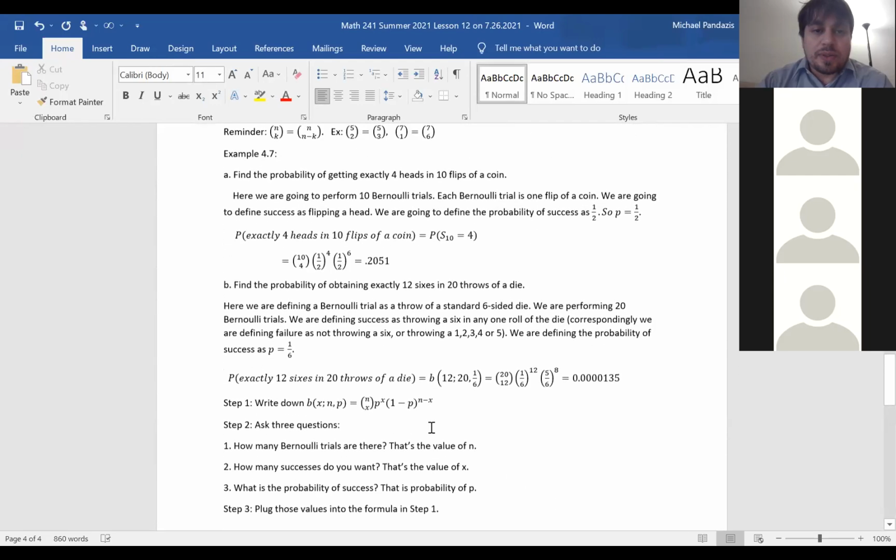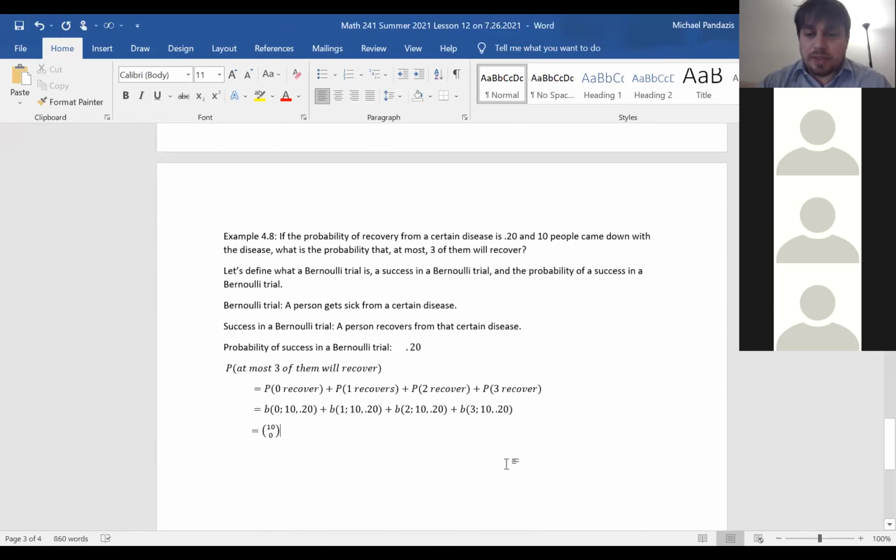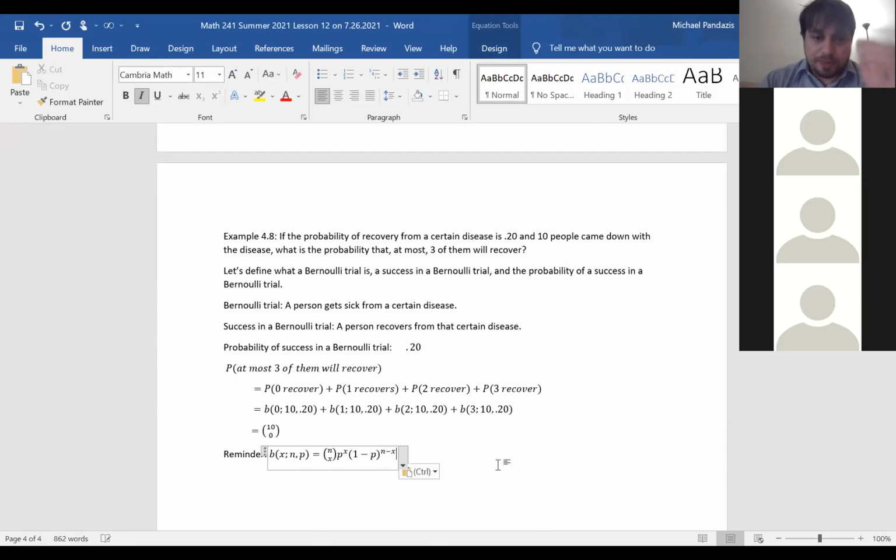Actually, what I'm going to do also is remind you of this notation right here as I copy this down. Reminder, that's how you calculate that. And so you don't even have to think about it, you just follow this notation. 10C0 times P, which is this number, raised to the 0th power, and then times 1 minus that value raised to the 10 minus 0, which is the 10th power,